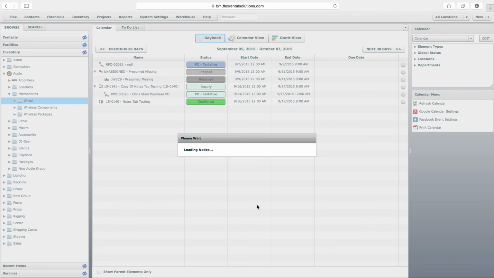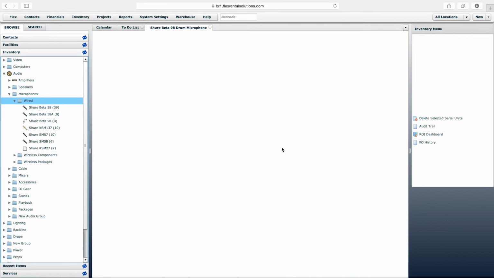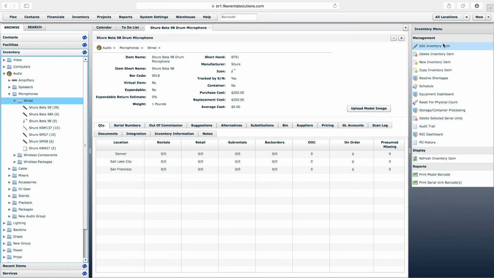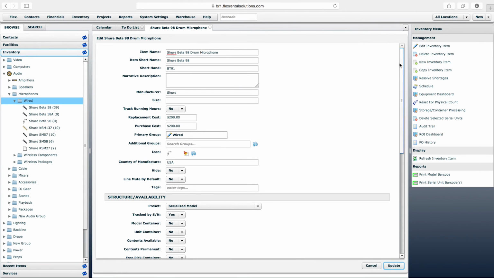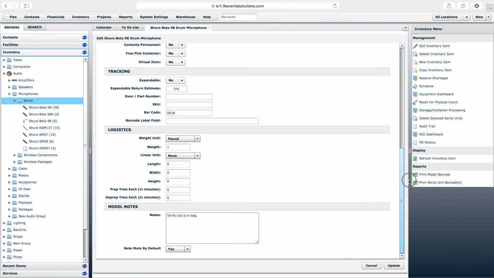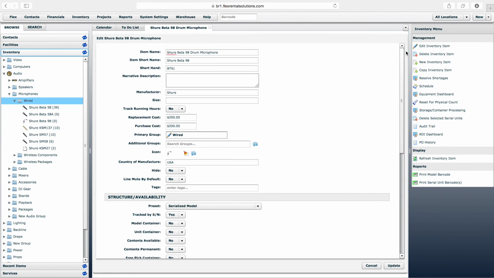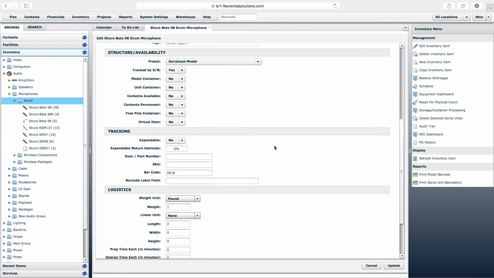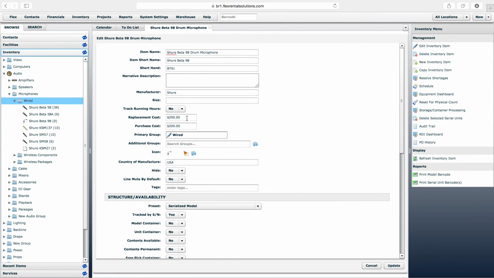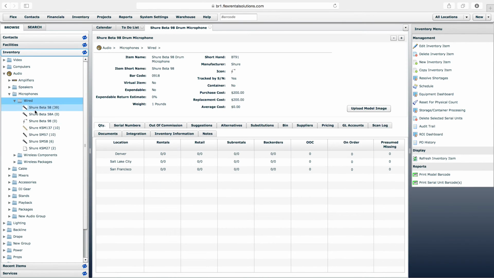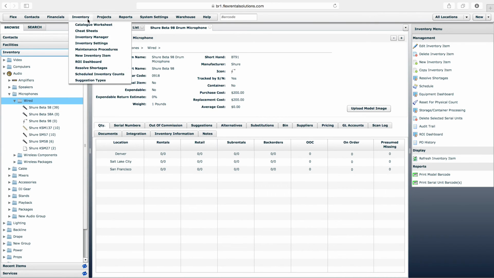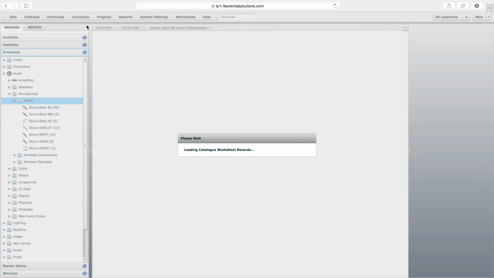I'll add this item, but even after I've created it, of course, I can edit that, change all that information. And a lot of you might be thinking, well, now I want to add weight units or I want to add replacement costs, but I don't want to click into every single one of my inventory items and have to do that. A really quick and easy way that you can do this is go to your inventory menu, then click Catalog Worksheet,